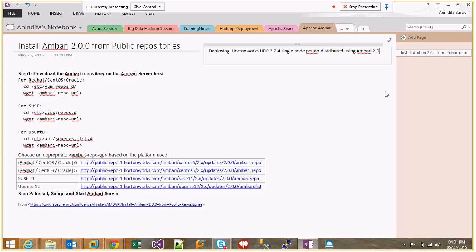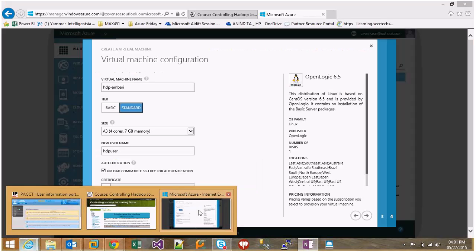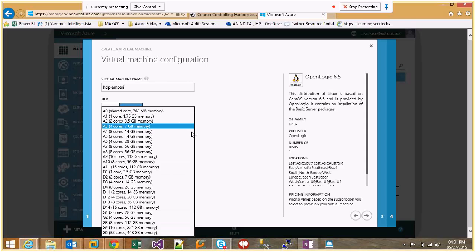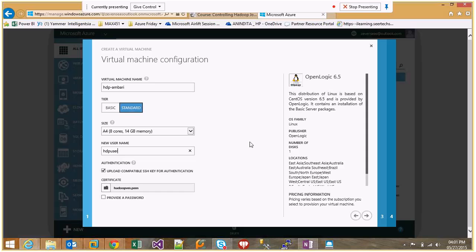EC2 clusters as well. But for this demo, we will be walking through Azure VMs, that's Microsoft Azure Virtual Machines, and we'll be going through the steps over Microsoft Azure VMs. So what I've done here, I'm already inside my Azure portal and just gone through the steps of provisioning a new VM. So for this demo, I'm taking an 8-core system, that's an A4 CentOS cluster,